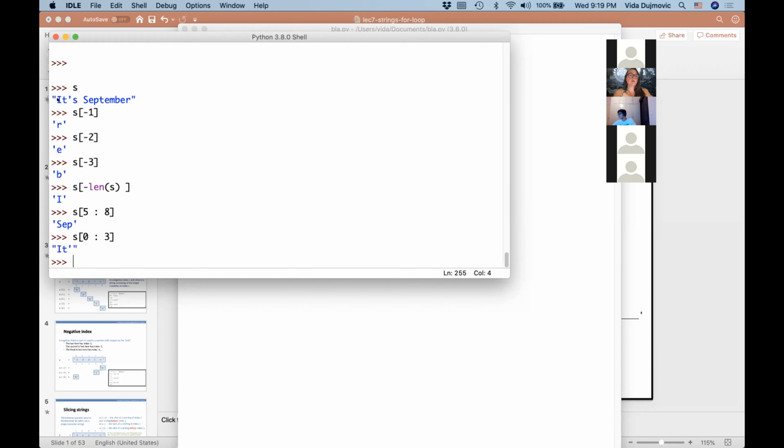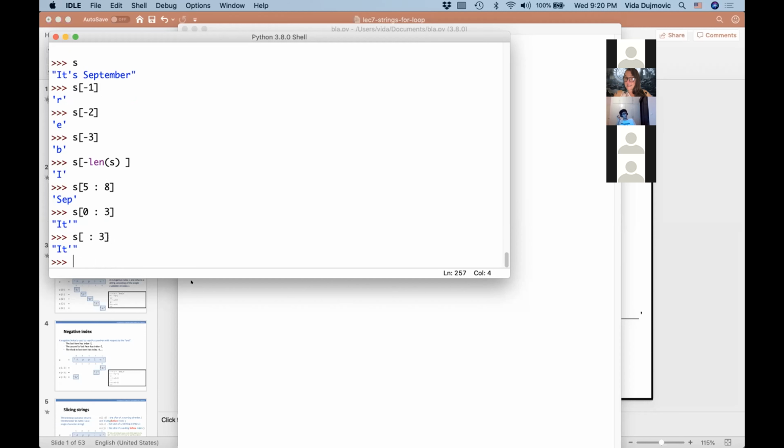So what do we have there? I, T, and single quote. And that's what we got here. But if your first number is 0, you can omit it, and you can have syntax like this. If you have a colon but the first digit is missing, this just means start at the beginning, go up to 3. It's the same thing.